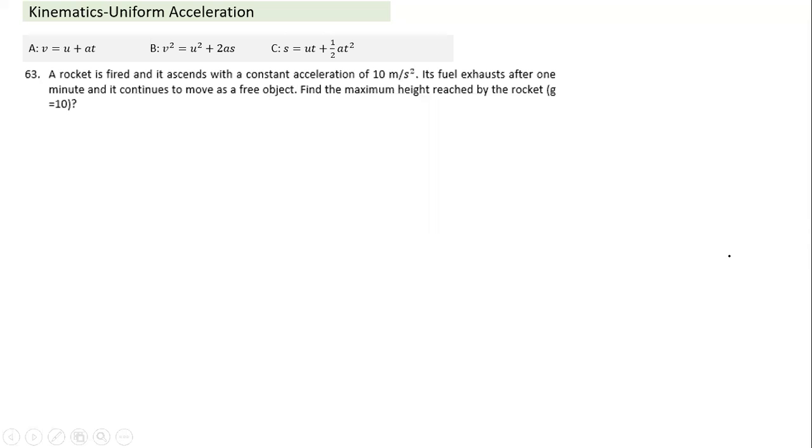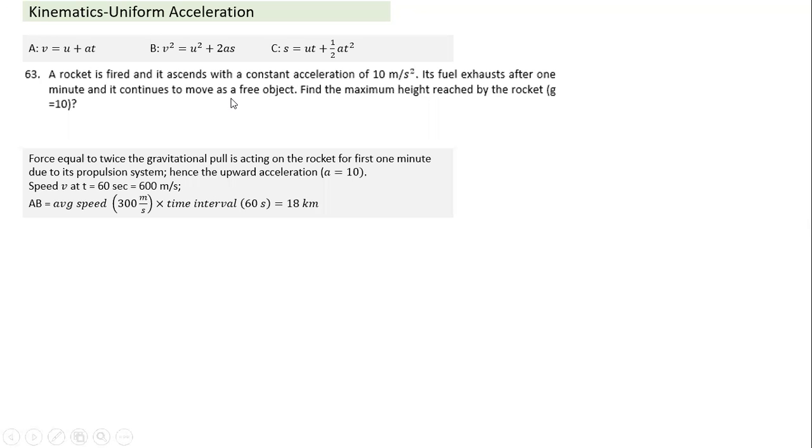Go through that again. We could have solved this using equations, but we can also solve it without equations. In terms of equations, what would we have done? We could divide its motion into two parts. Let's go through it. In this case, first of all, why is the rocket going up with an acceleration of 10?